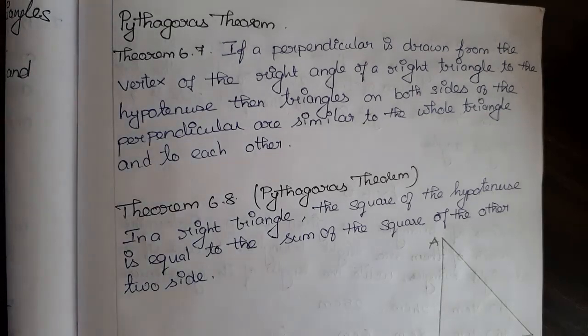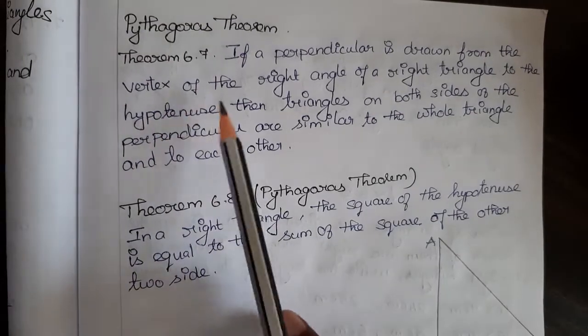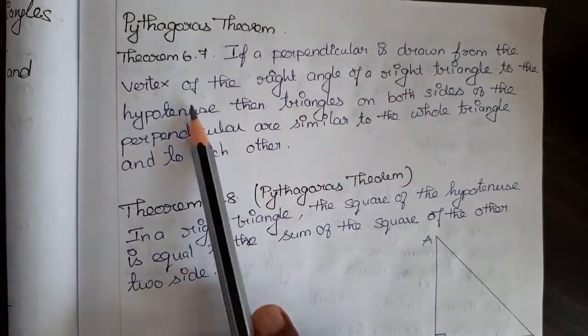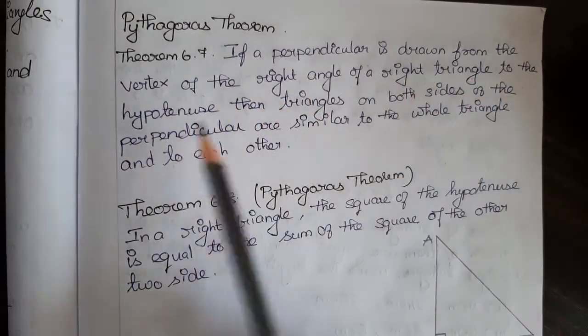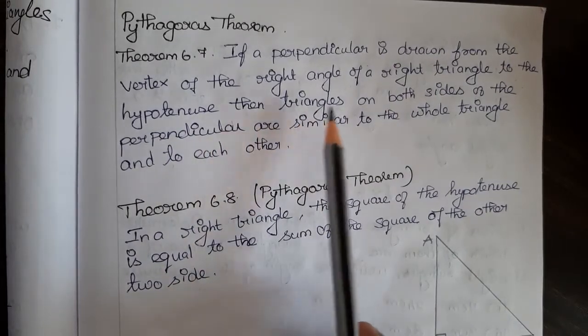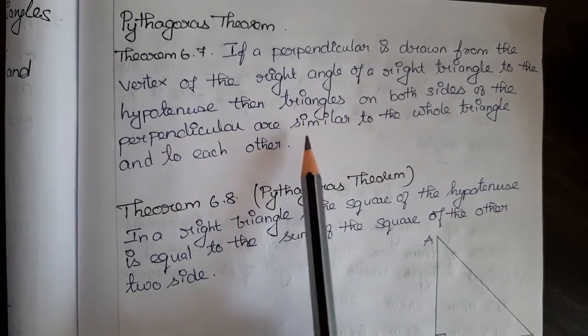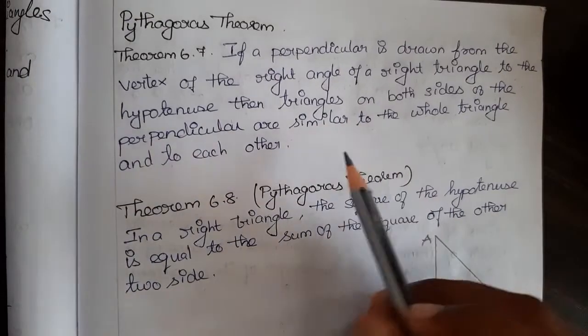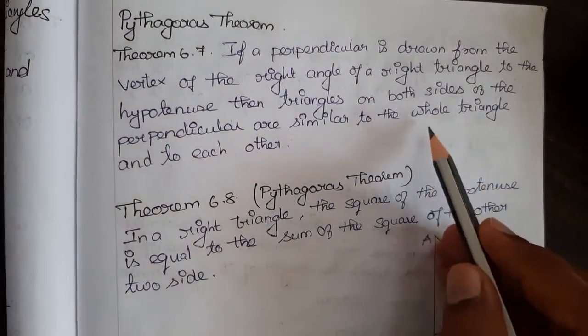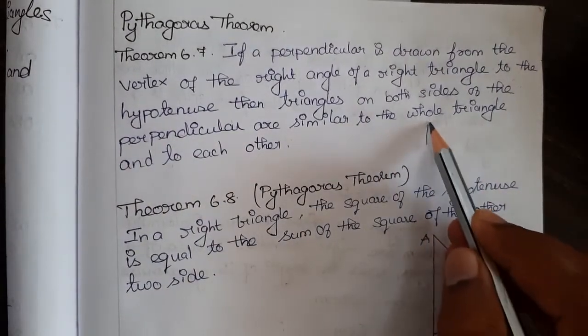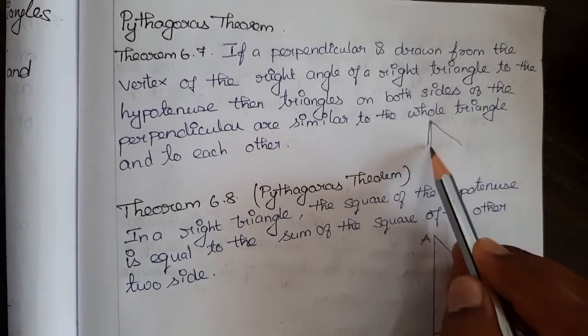Hi students, today we are going to learn about the Pythagoras theorem. Theorem 6.7 says if a perpendicular is drawn from the vertex of the right angle of a right triangle to the hypotenuse, then the triangles on both sides of the perpendicular are similar to the whole triangle and to each other. It says that if there is any right triangle,